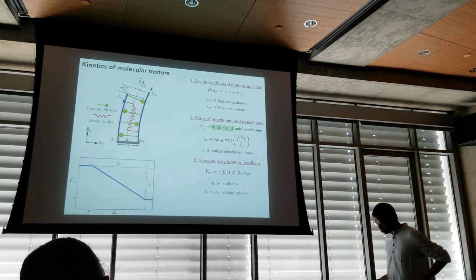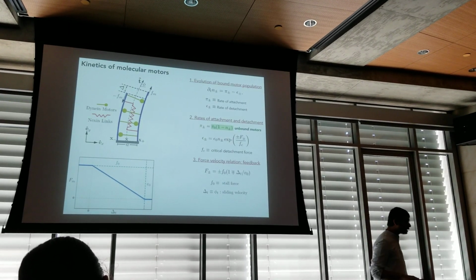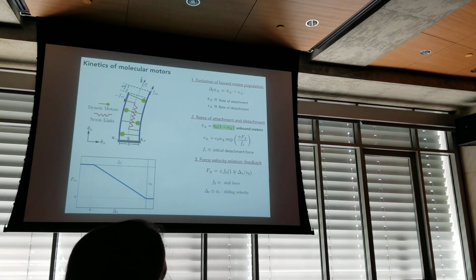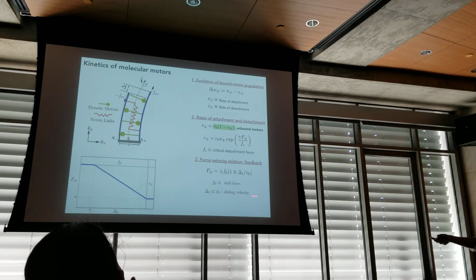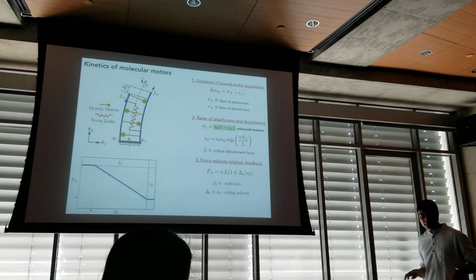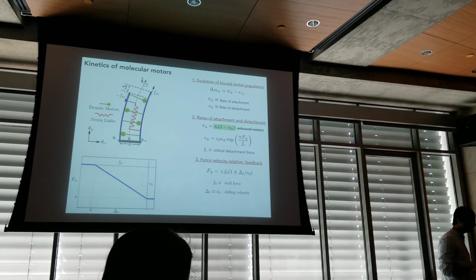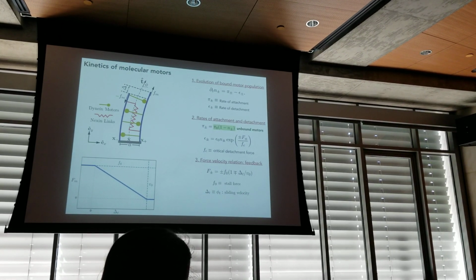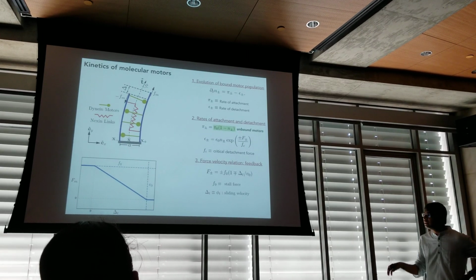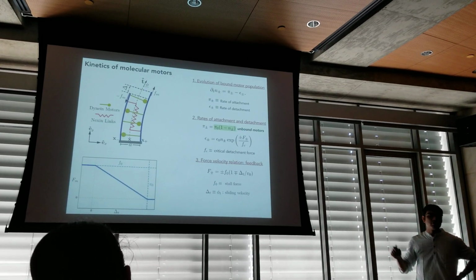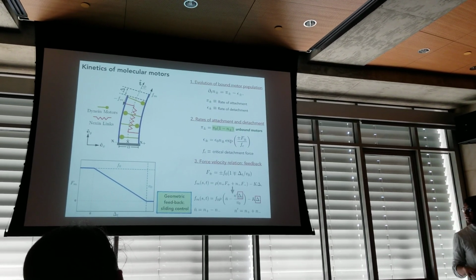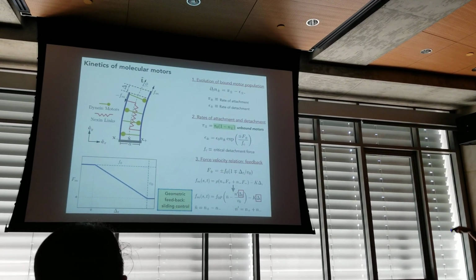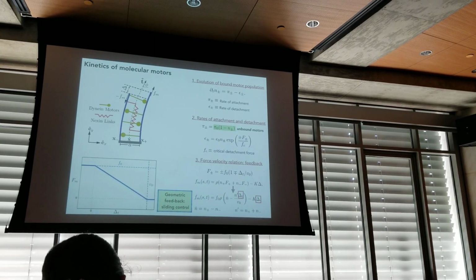In order to close this model, we need some closure, and that comes from the force-velocity relationship of molecular motors, which is again something that's been measured in experiment. All it tells us is that when the molecular motors are not moving, when they're just sitting still, they can exert a force of F naught, called the stall force, and the load carrying capacity decreases linearly over a velocity scale V naught and goes to 0. So with that, you have this expression where there's feedback from the geometry that dictates a force, and that in turn dictates the population of molecules.